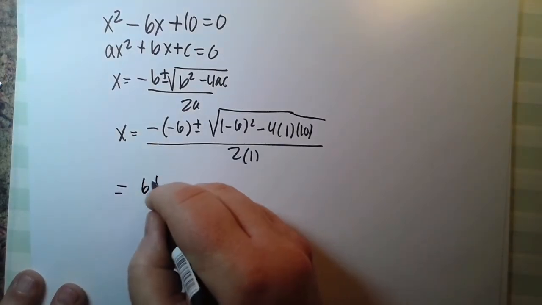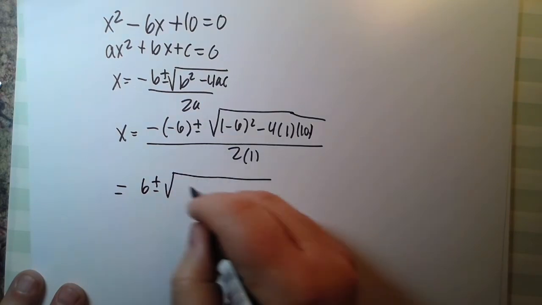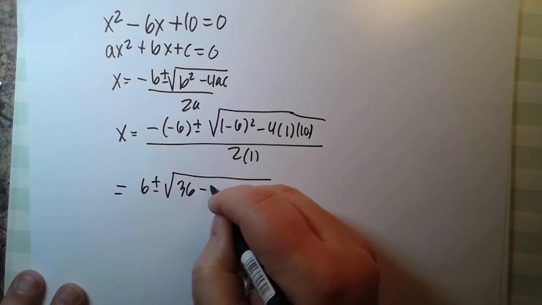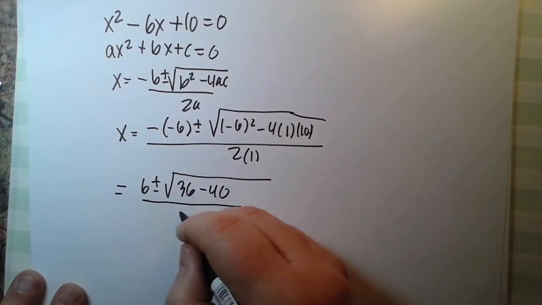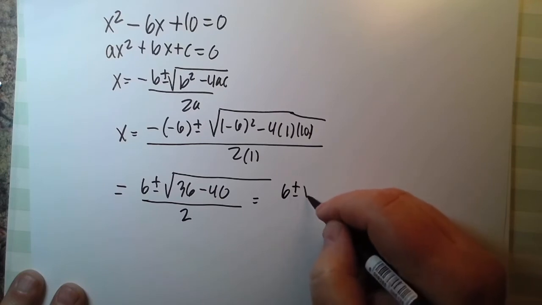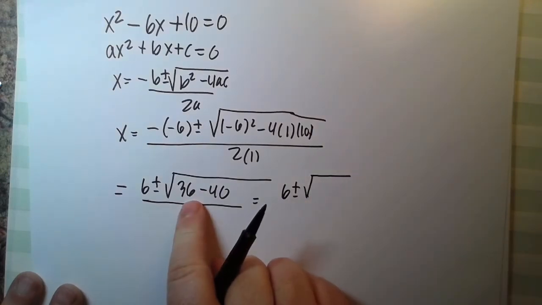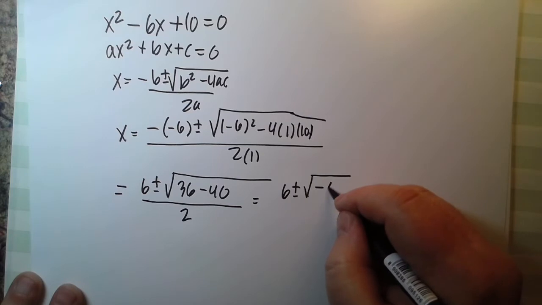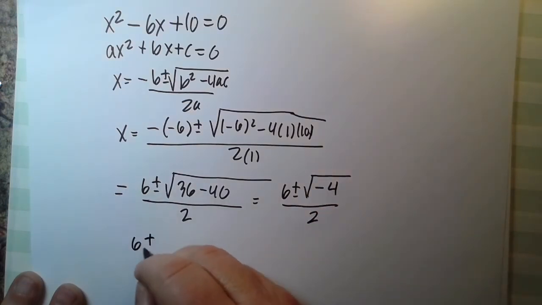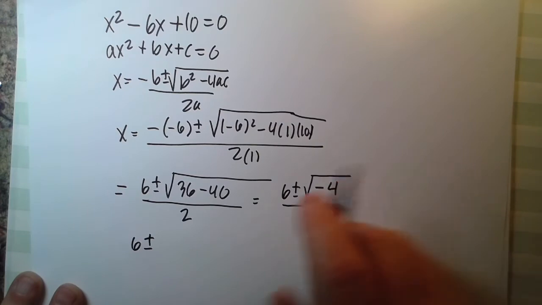That's 6 plus or minus the square root of 36 minus 40 over 2, which is 6 plus or minus the square root of, and this of course is -4 over